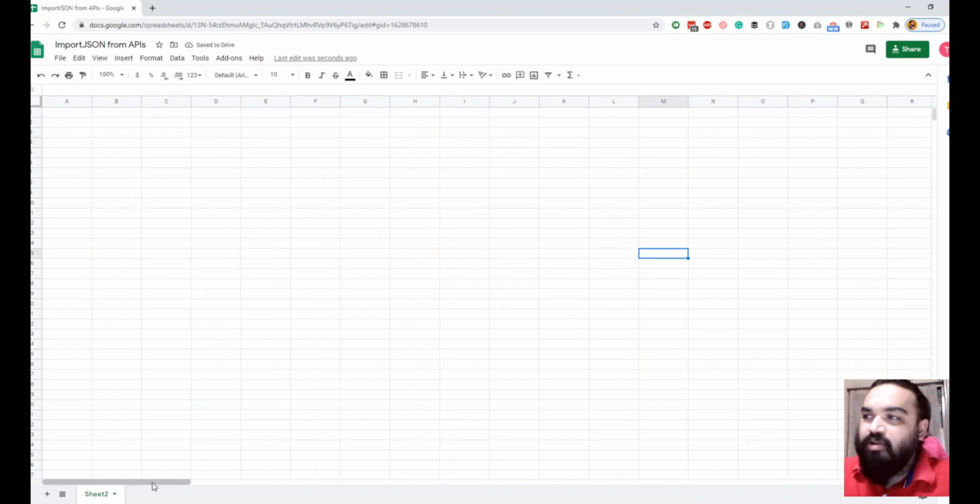And since we have a lot of columns, what we are going to do is, oh, what did I do? Obviously we've imported this data from an API, and since we deleted the first cell, the data is also gone.